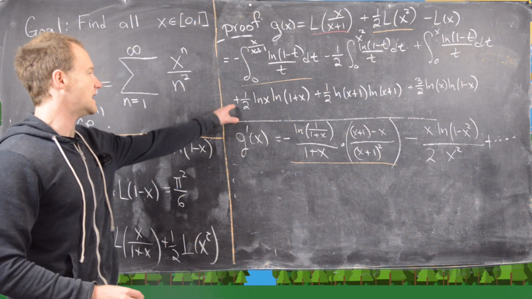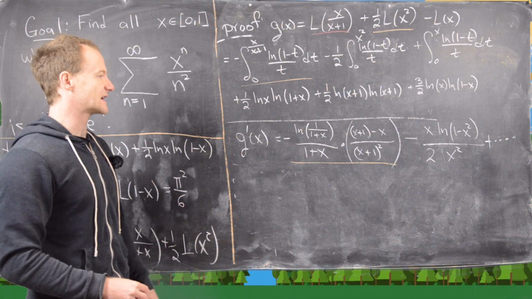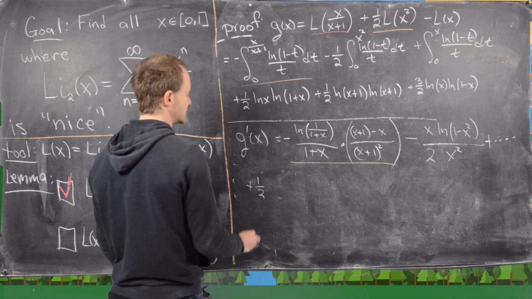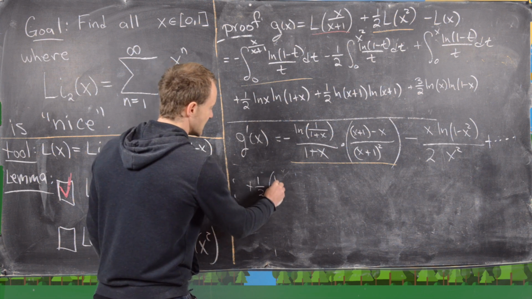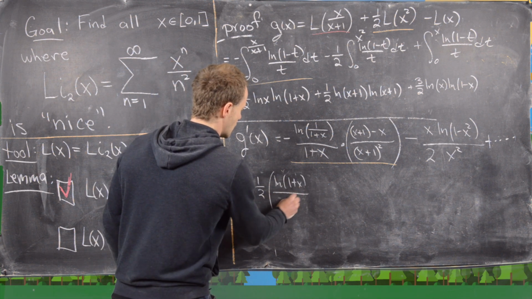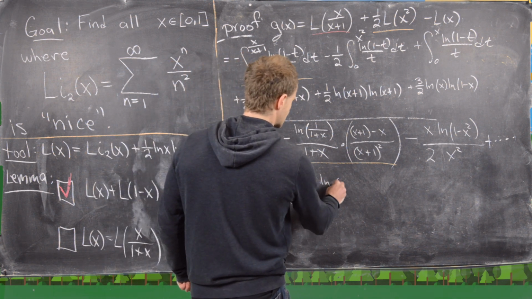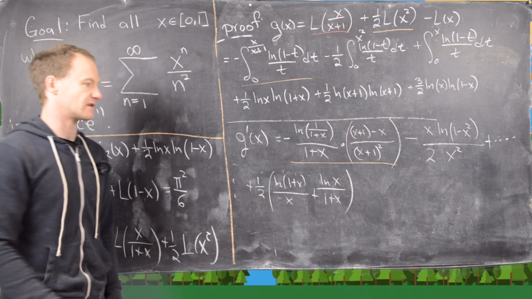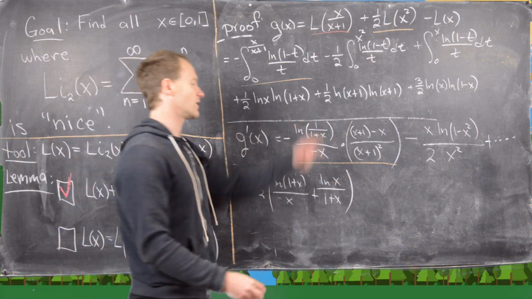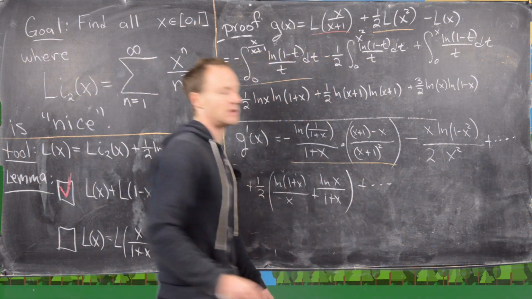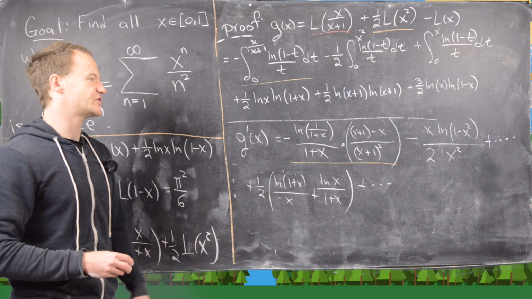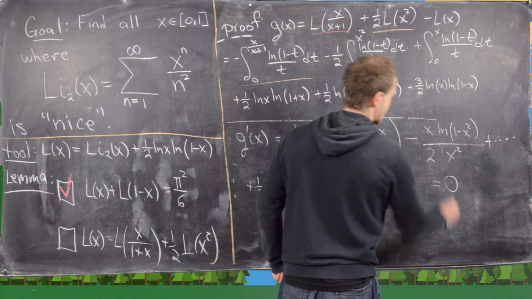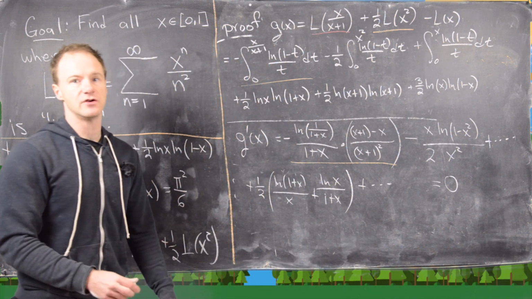Okay, good. And then now I can take the derivative of these next terms using the product rule. So notice the derivative of this first one is going to be 1/2 natural log of 1 plus x over x plus natural log of x over 1 plus x. So we get something like that. And then the derivative of the second one is going to be similar. So I'll let you check all the details. They're pretty elementary, but what you'll end up with is that everything will cancel,